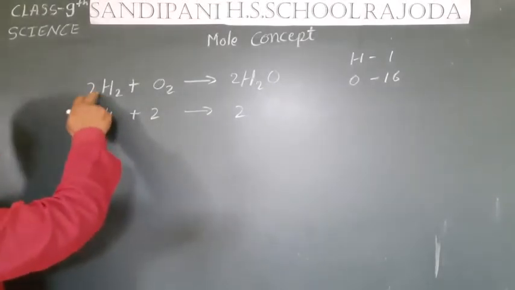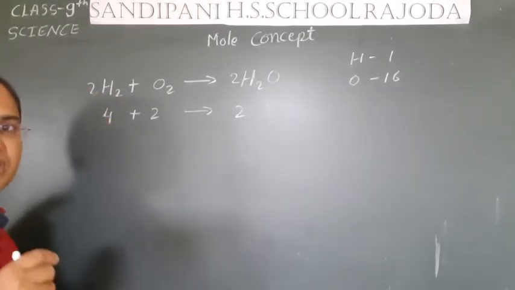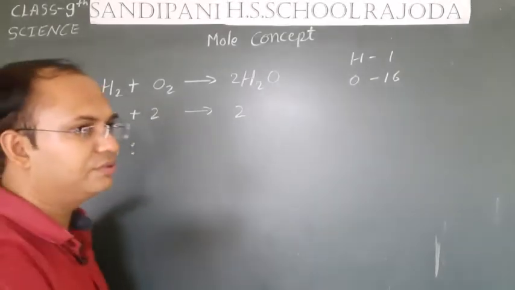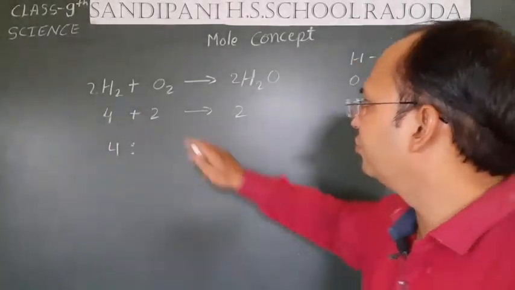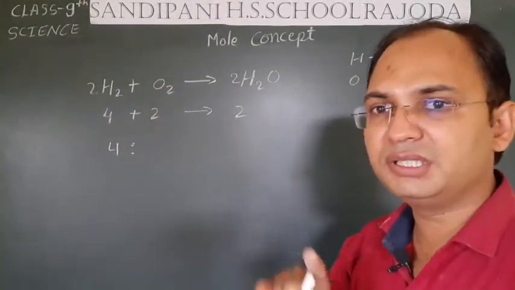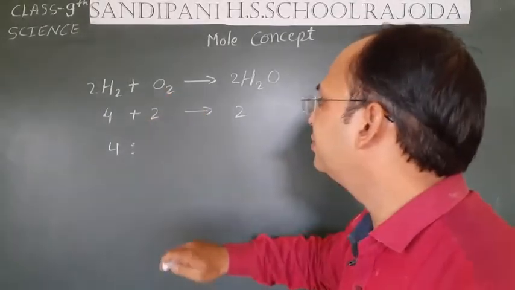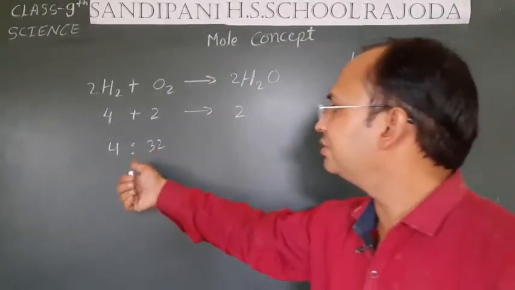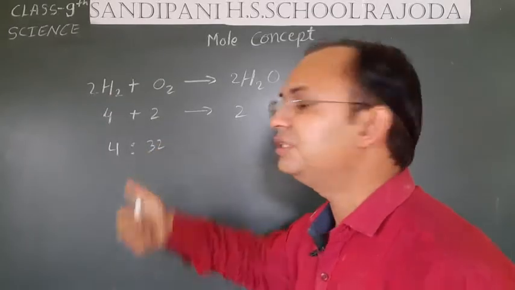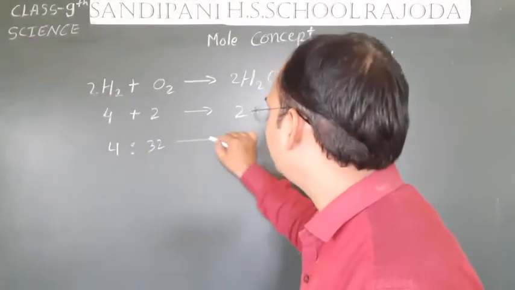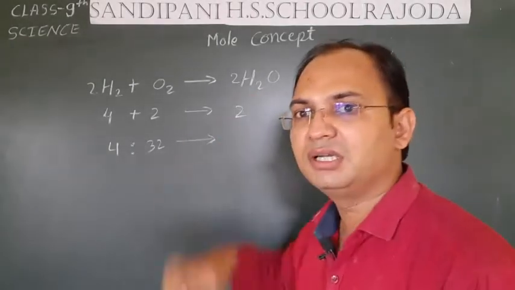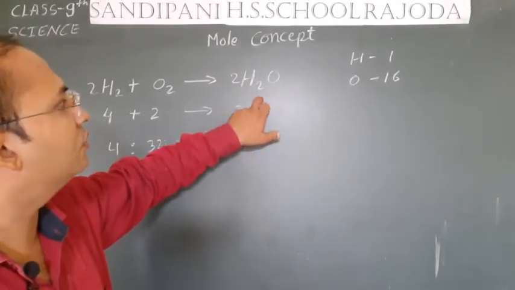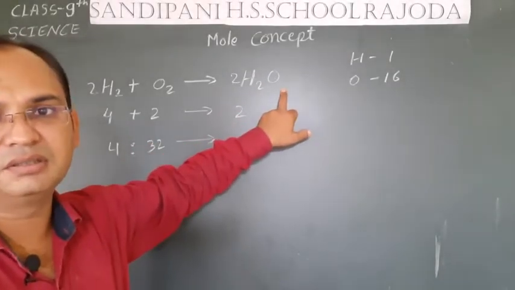So here 4 hydrogen atoms are there, so 4 unit mass of hydrogen is combining with oxygen. The mass of 1 oxygen atom is 16, then that of 2 is 32. 4 units of hydrogen combining with 32 unit mass of oxygen to form what will be the molecular mass of the water. Now you can see 2 2s are 4 plus 16, that is 20.